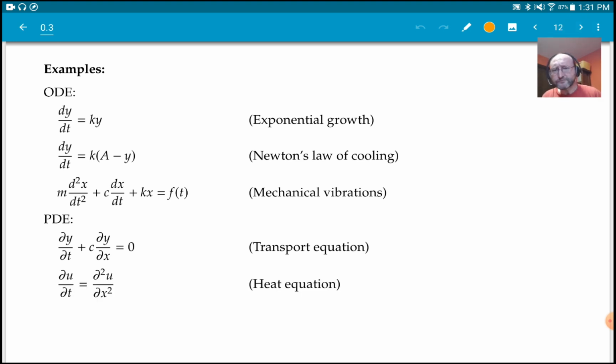And here you have a PDE with a second derivative. Again, u here is the dependent variable, and x and t are the independent variables. And you have a second order derivative here. So there's the heat equation. It describes how heat